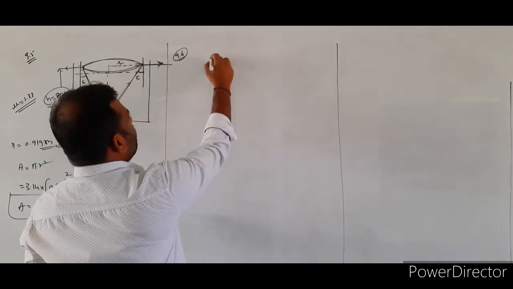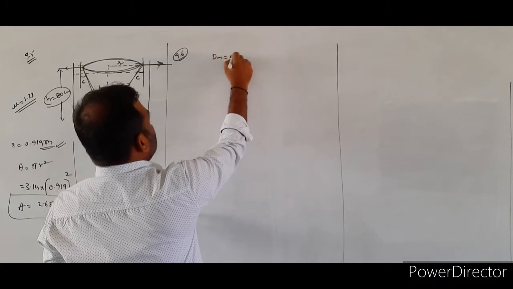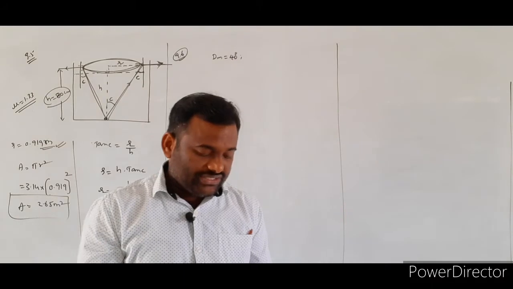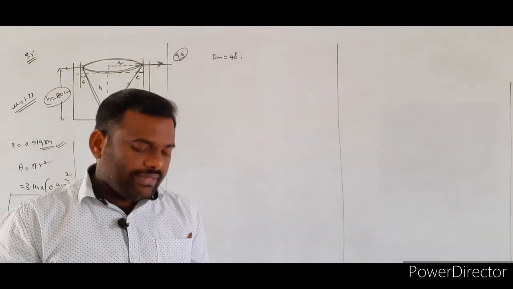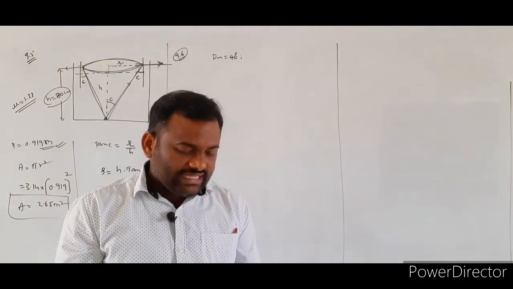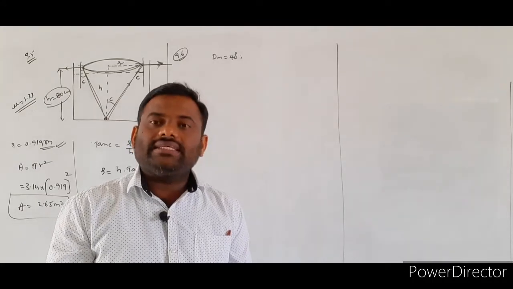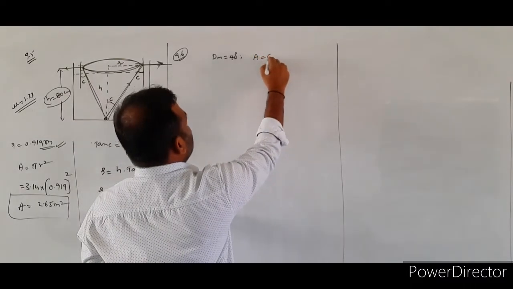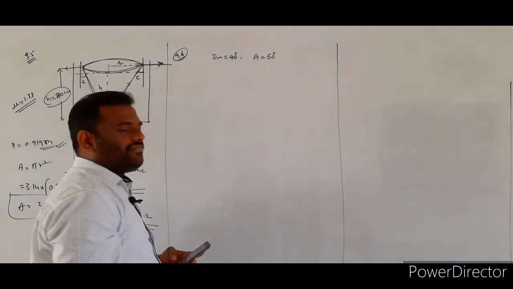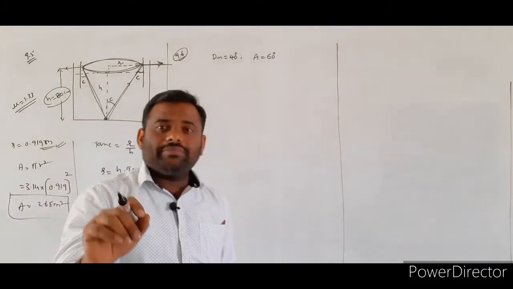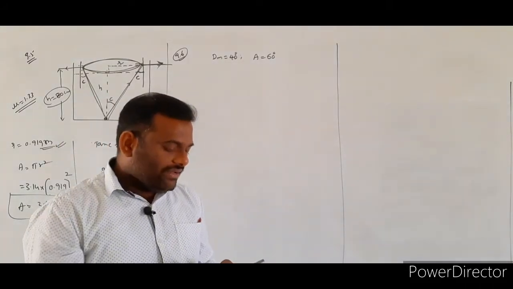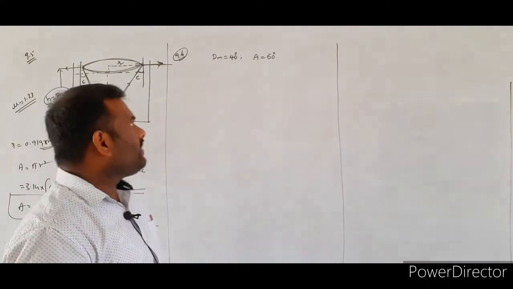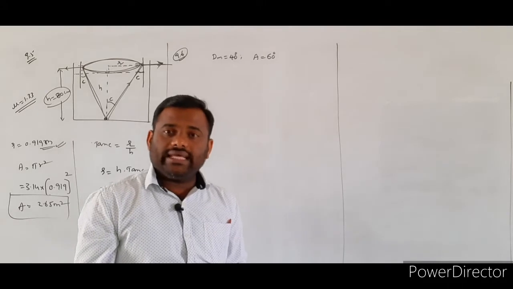So, initially what they have given? Angle of minimum deviation is given as 40 degrees. What is the refractive index of the material of the prism, if the refracting angle of the prism is 60 degrees? The refracting angle, or angle of the prism, will remain the same; either refracting angle or angle of the prism will be given. So the angle of the prism is 60 and the angle of minimum deviation is 40.